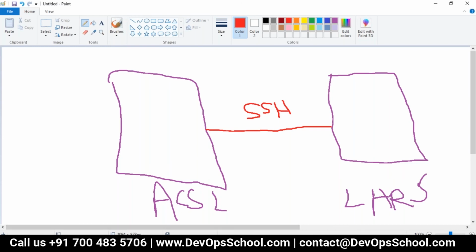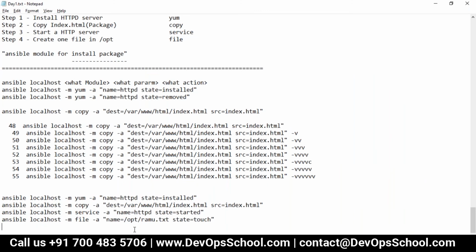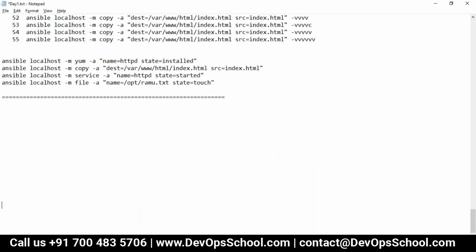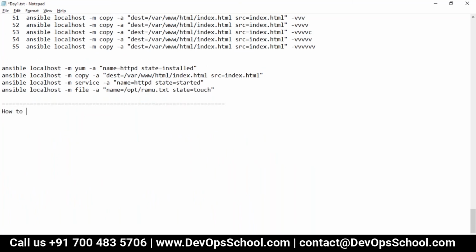So the topic is how to authenticate and authorize ARS from ACS. Both are different words, actually. Okay, understand that.